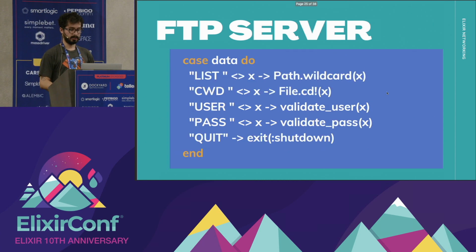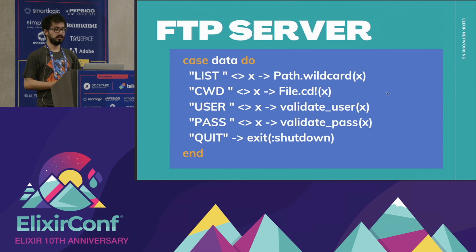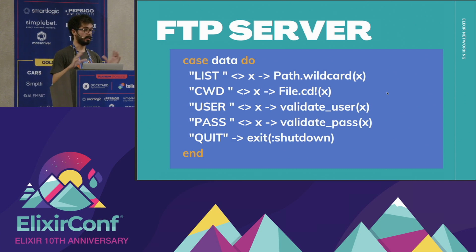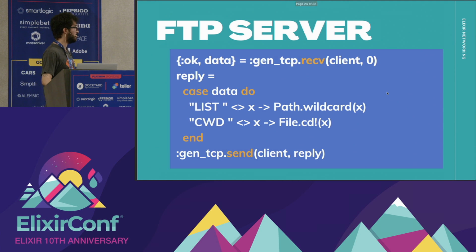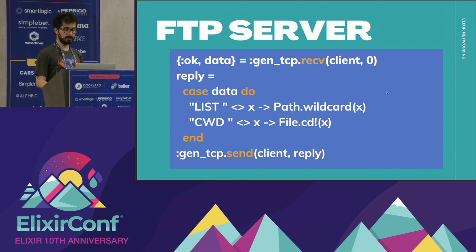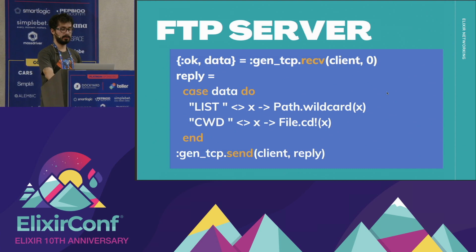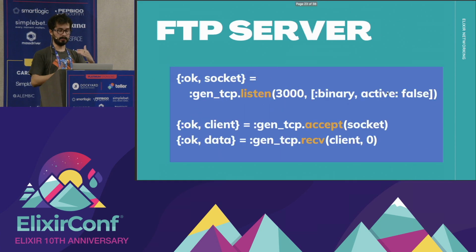Or we could actually add other commands as well, like in case I want to quit, for example. So if I want to quit, I'm just going to exit and shut down the server connection and say, oh, okay, we're not connected anymore. So in case you want to connect again, you need to send me the username and the password again. And this is just a simple example of how we could achieve that using a couple of lines in Elixir. But of course, if we would like to receive more connections, we'd probably need to handle that by applying a loop here,